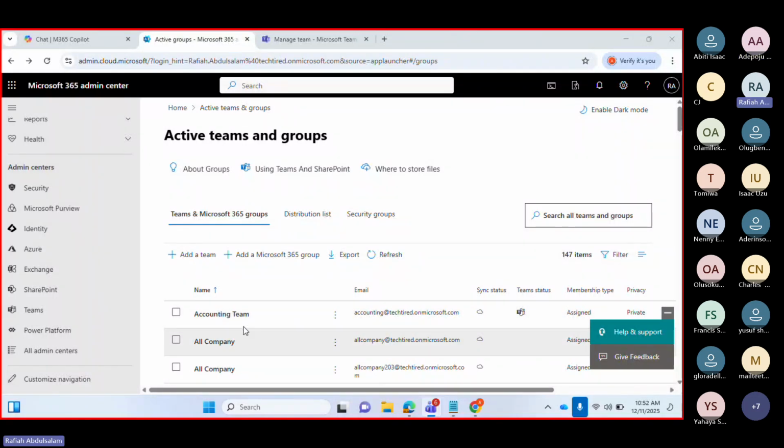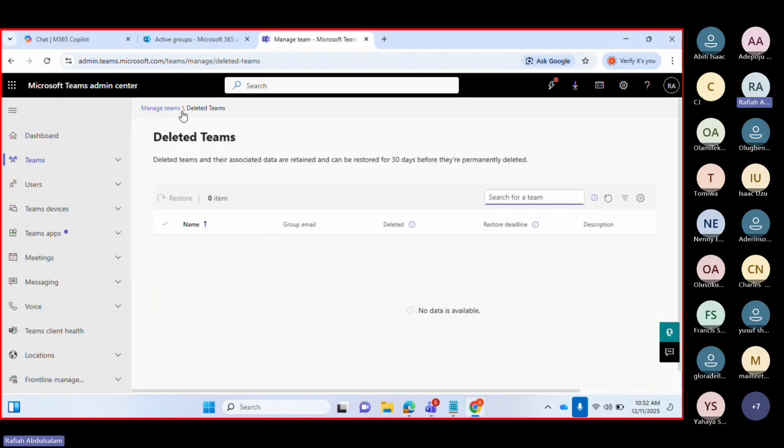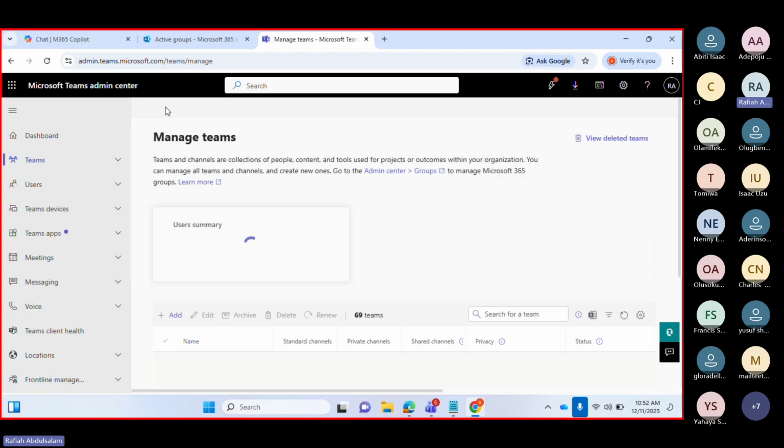Okay, so here, right here, you can see your accounting team that has been restored already. So aside from this, you can also use the Windows PowerShell to create a team. So say, for example,